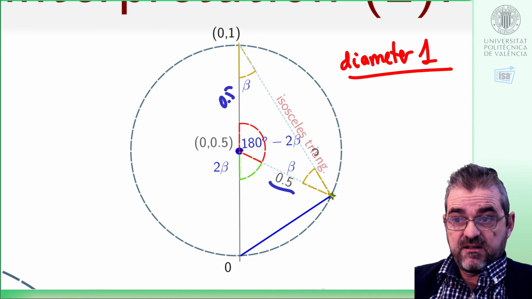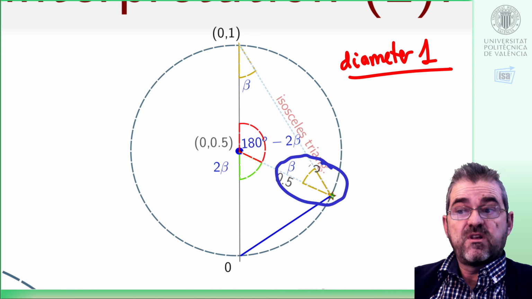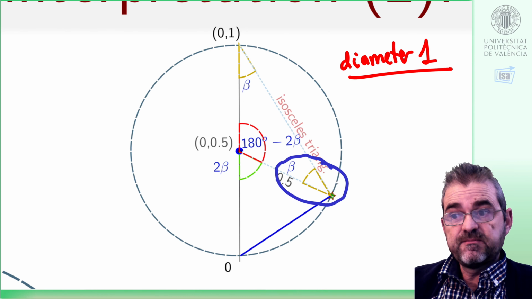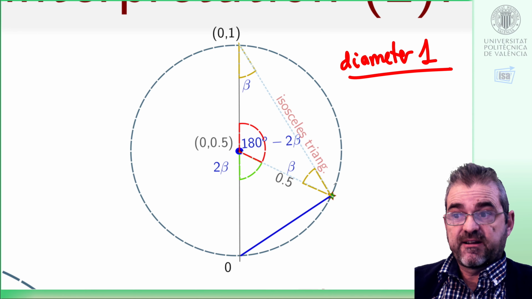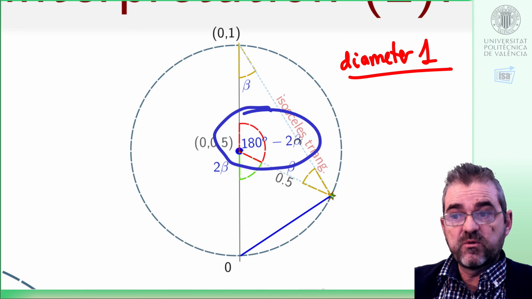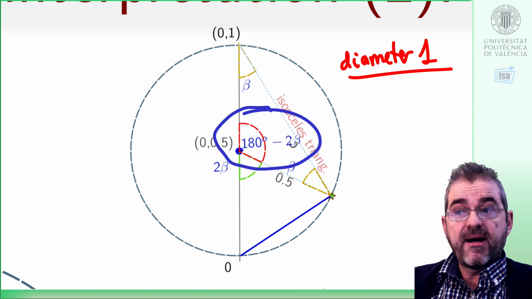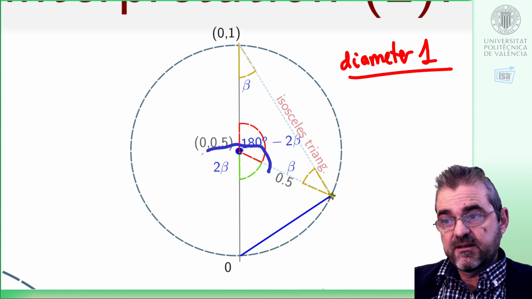So this is an isosceles triangle, and then this angle will also be beta, and as the sum of the angles of a triangle is 180 degrees, then this angle will be 180 minus 2 beta,